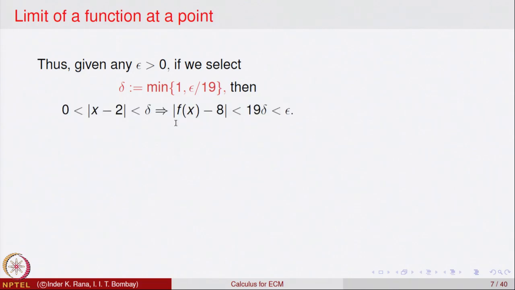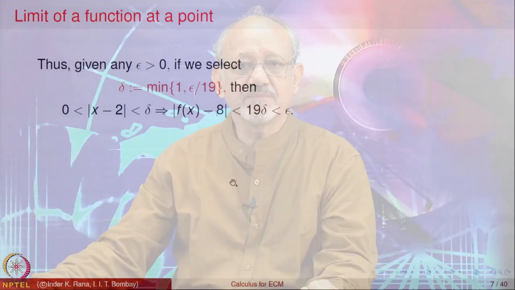So, then what will happen for such a choice of delta, as we analyzed earlier, mod of x minus 2 less than delta will imply mod f x minus 8, which was less than 19 delta, is less than epsilon. So, this will show that given an epsilon bigger than 0, any epsilon bigger than 0, we can find a suitable delta for the given function such that 0 less than mod x minus 2 less than delta implies mod f x minus 8 is less than epsilon. So, this is the kind of analysis one has to do using the epsilon delta method of finding the limits, and